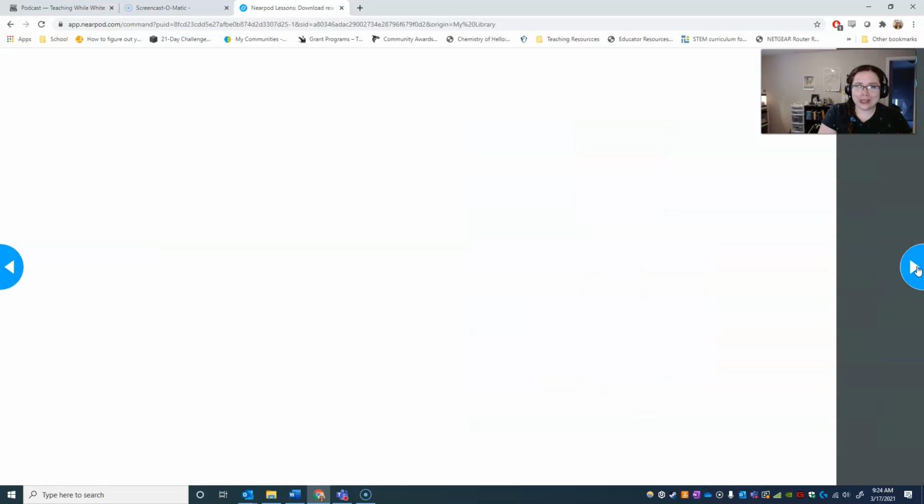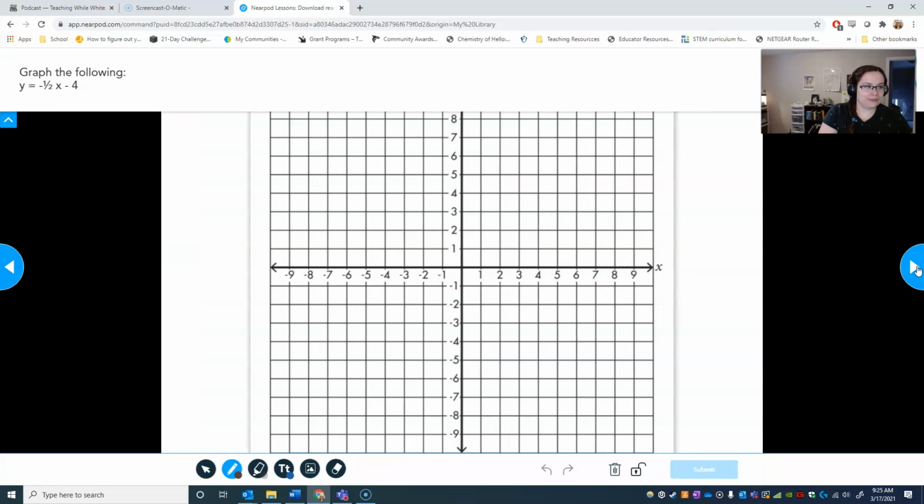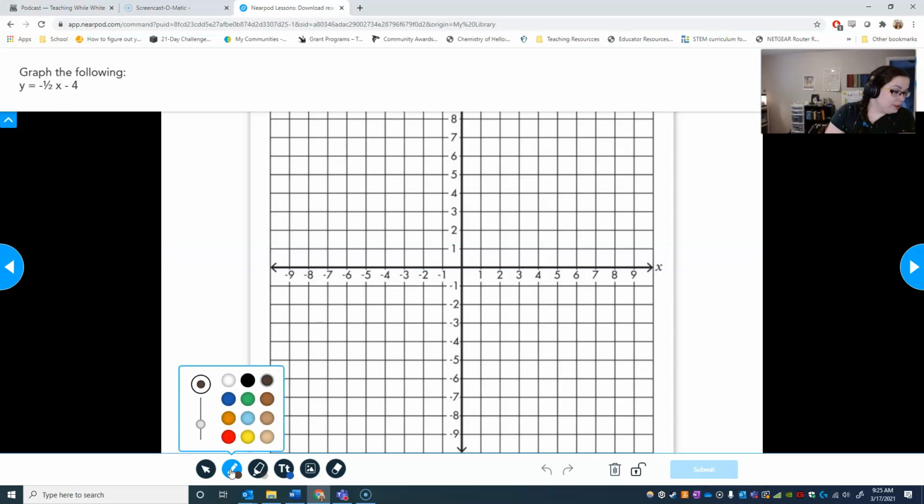Let's look at one more. Let's look at y equals negative 1/2 x minus 4. Just because there's a fraction there doesn't change anything that you have to do. So if you wanted to use 1, we could solve for 1. So we have y